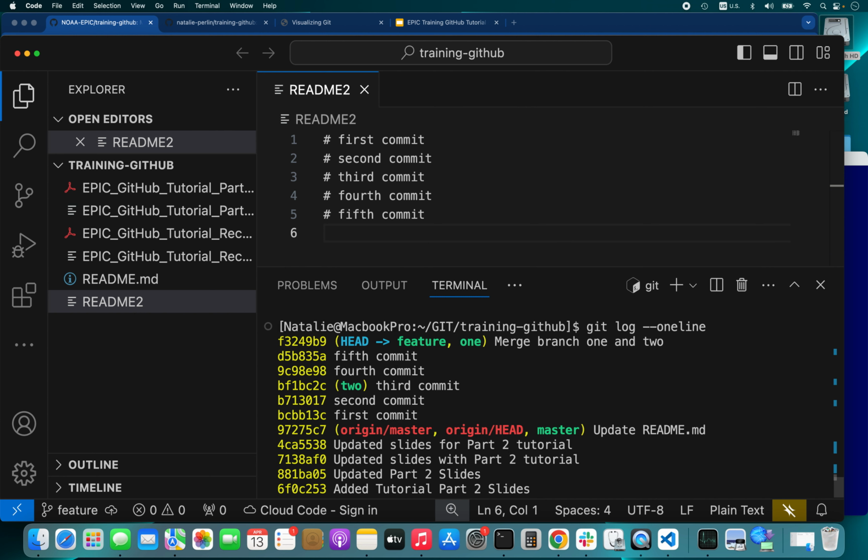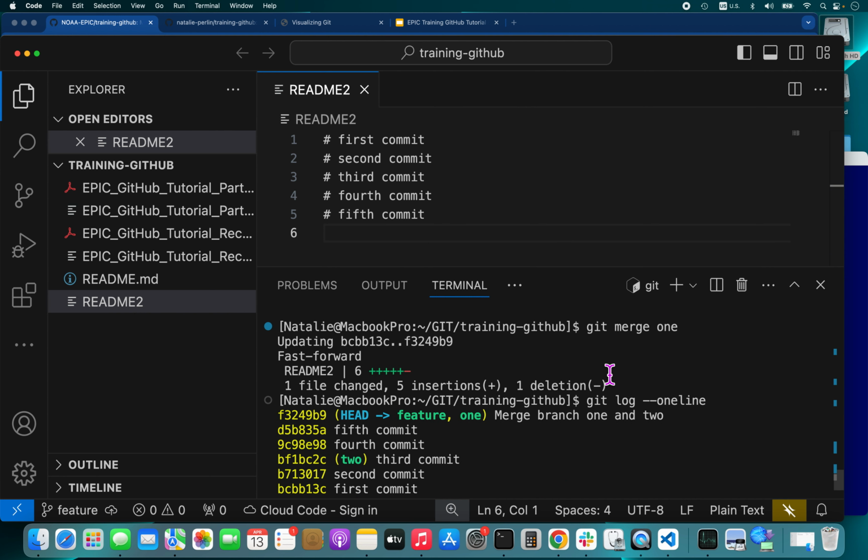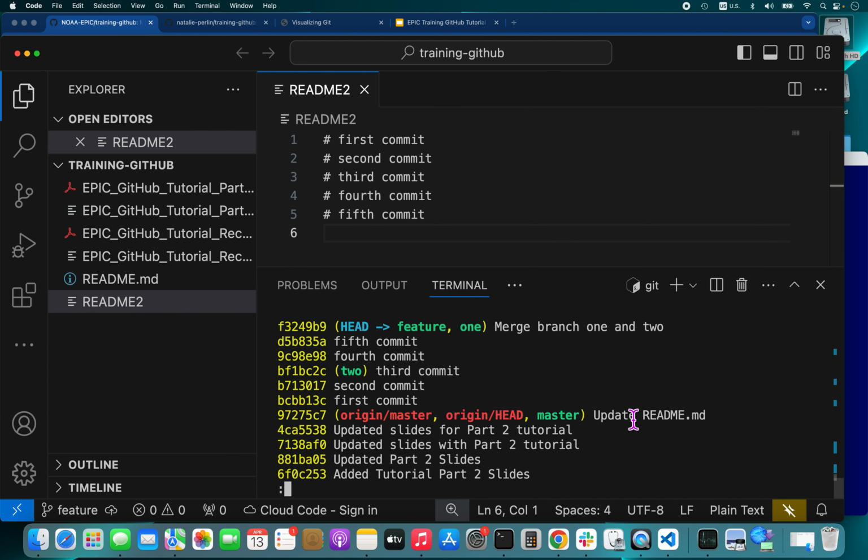And here is the linear history, so we didn't have any additional merge commits when we introduced branch 1 into feature. So next, let's fetch the upstream repo, git fetch